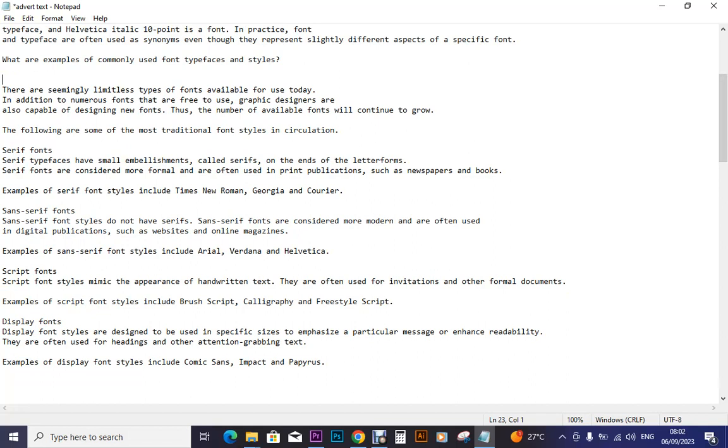Okay, sans serif fonts are considered more modern and are often used in digital publications such as websites and online magazines. Examples of sans serif font styles include Arial, Verdana, and Helvetica. Then script font styles mimic the appearance of handwritten text. They are often used for invitations and other formal documents. Examples of script font styles include Brush Script, Calligraphy, and